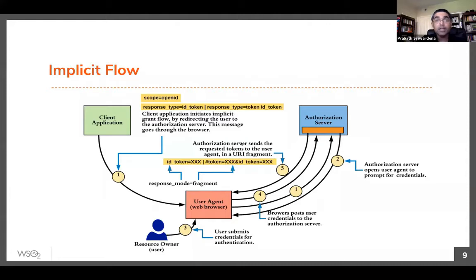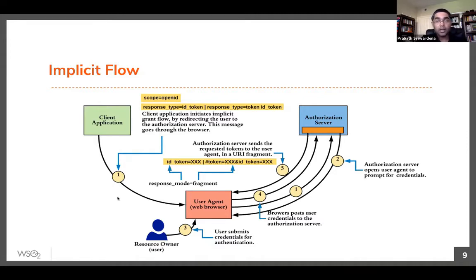That means the authorization server should return these tokens as URI fragments. So both will come to the client application. Then the client can look at the ID token and identify who the user is, and use the access token to access the upstream APIs. So this is how the implicit flow works.